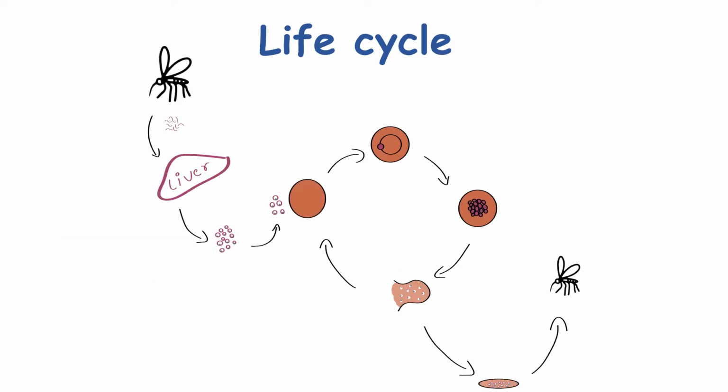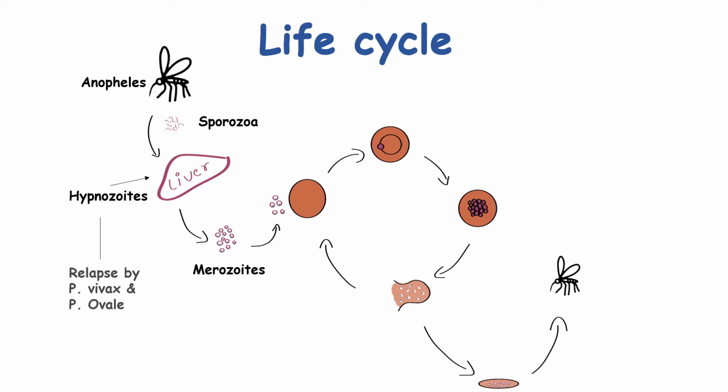Malaria infection. The female Anopheles mosquito, which is the carrier, injects malaria, in the form of sporozoites, into the circulation of the human being. The sporozoites pass rapidly into the human liver where they multiply asexually inside the hepatocytes. The sporozoites grow, divide, and yield tens of thousands of merozoites in every liver cell. These merozoites leave the liver cells and enter the bloodstream. Some remain for a few days to years; these are called hypnozoites, which cause relapse by Plasmodium vivax and ovale.